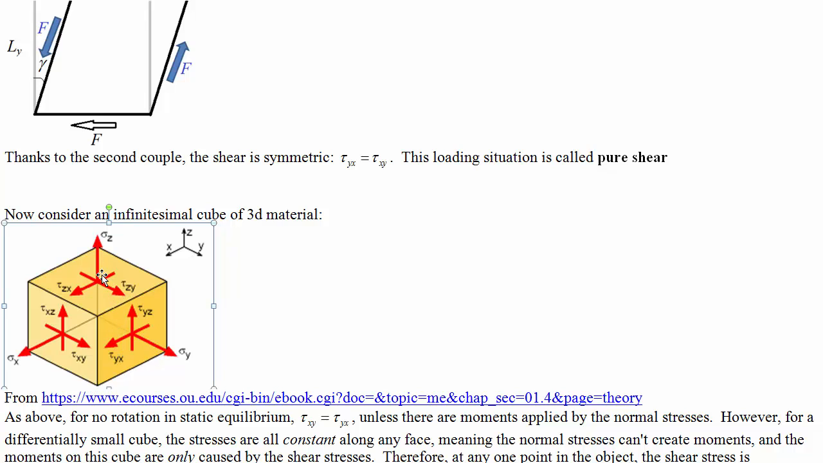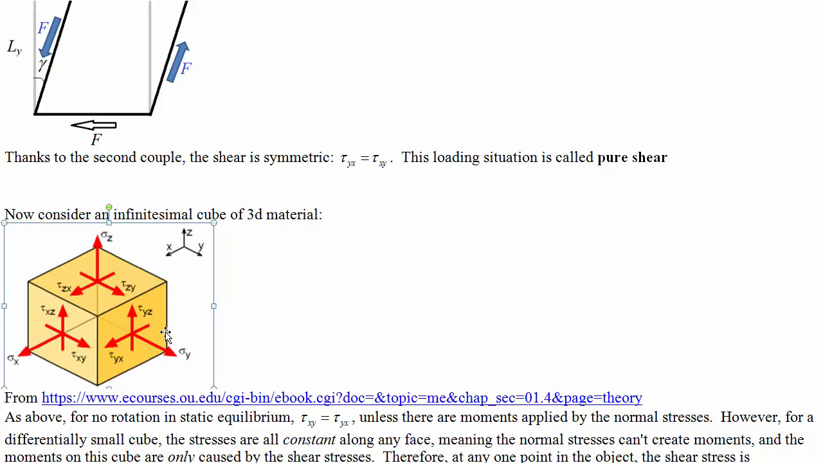Tau zy is on the z face in the y direction. So here on this picture, the x-axis is this way, the y-axis is that way, and the z-axis is up. Now, for this tiny cube, because it's really small, the stresses are going to be continuous. If you go to a small enough size, then the stress can't change instantly, which means that the normal